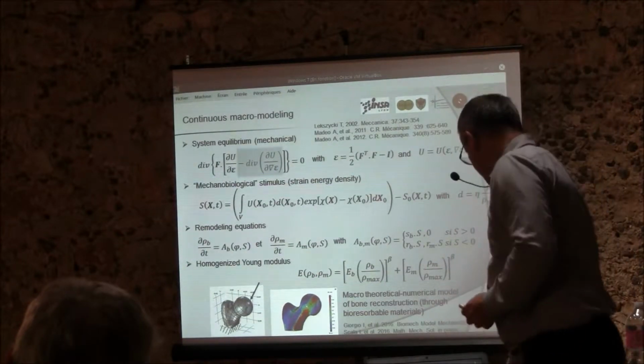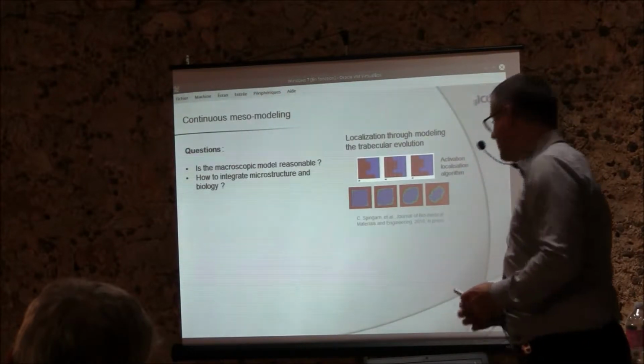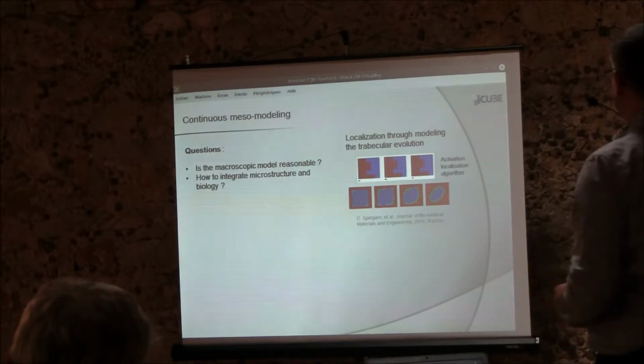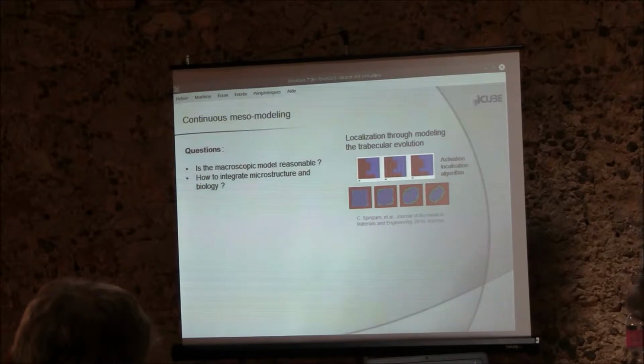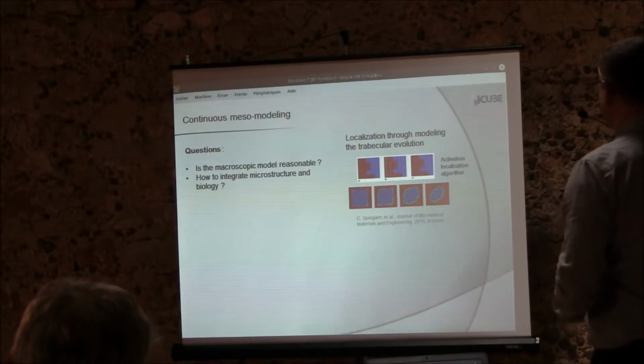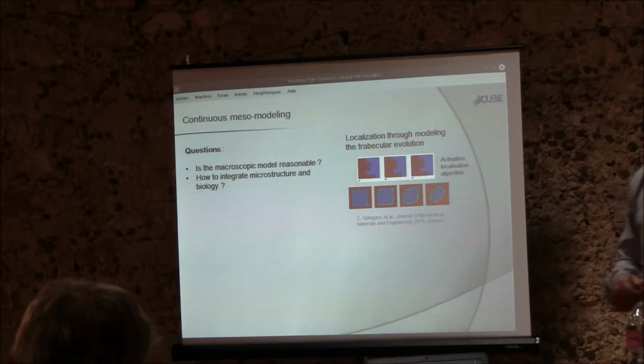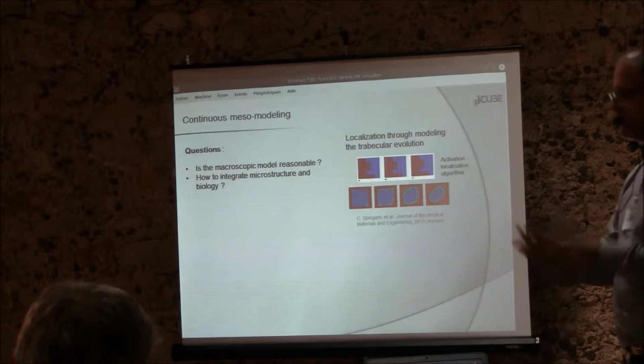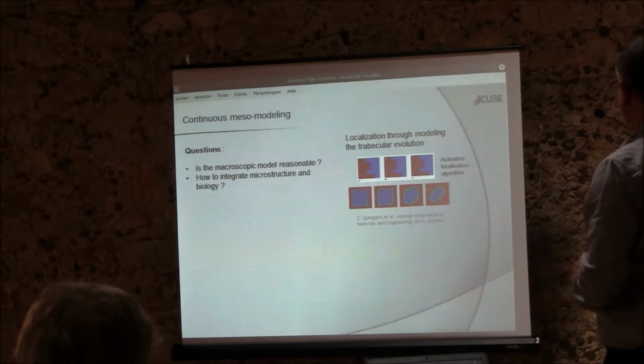So we discretized this problem and tried to look at how reasonable the microscopic model is and how we integrate the microstructure into the overall structure of the bone. So we built a very simple geometric problem, as you can see here, just a square representing a hole within a trabecula, and then we identify the